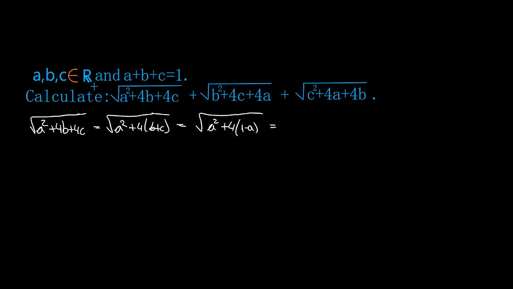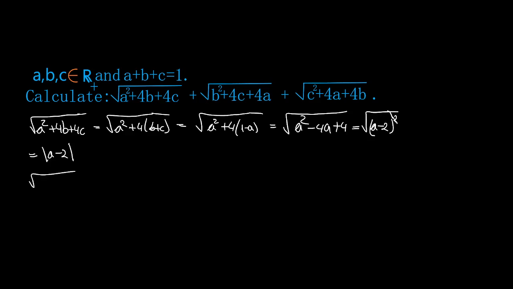Now we have the square root of a squared minus 4a plus 4. Yes, you guessed, we can make the square root disappear. A minus 2 all squared is this quantity. So we can cancel them, but not absolute, because we have the absolute value of a minus 2. Okay, now we will do the same here.